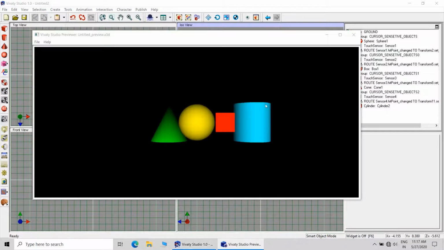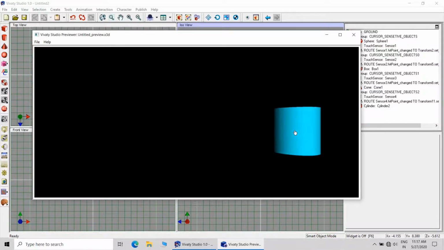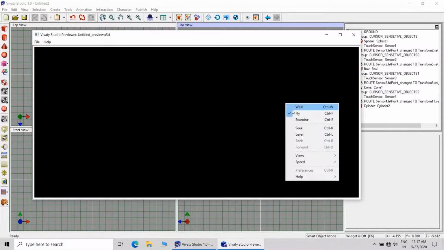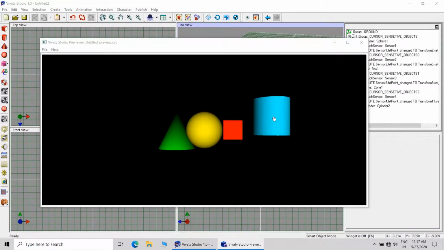So here I have replaced the cone with the cylinder, and now you can see how it is getting moved. Clicking the object will enlarge it, expand it, and ultimately there will be an explosion.